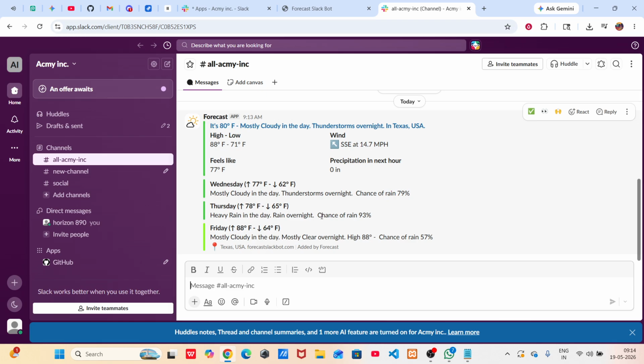So there you have it. You've successfully built a workflow in Slack to receive weather notifications, making it a great tool to stay informed about changing weather conditions without having to look anything up outside of your work conversation. Remember, by utilizing the Forecast app, you can keep your team informed about any weather-related plans or concerns, maintaining smooth